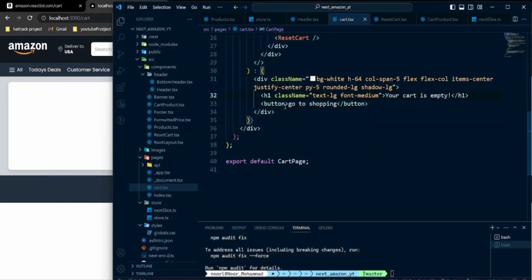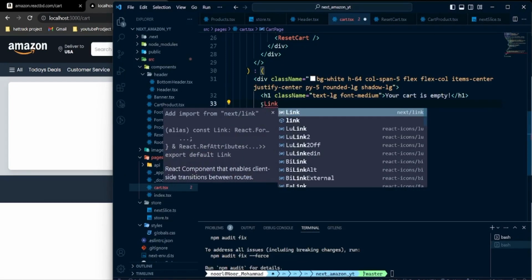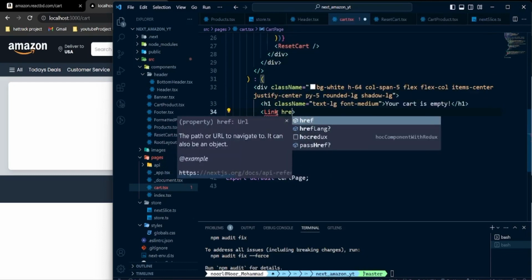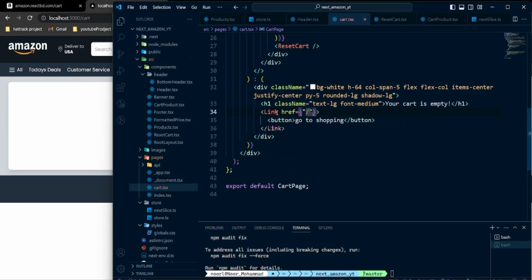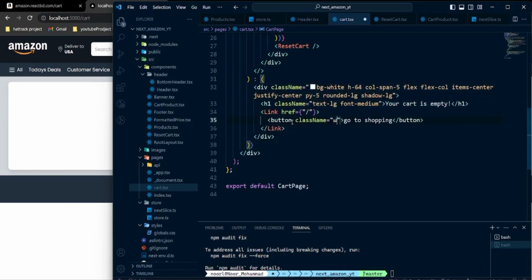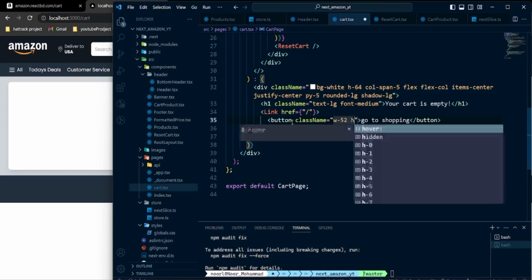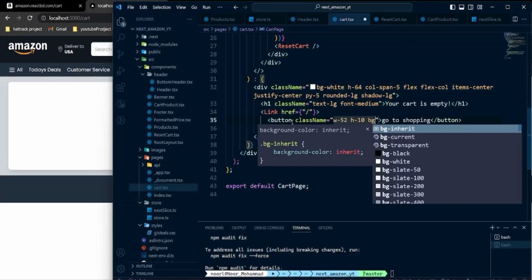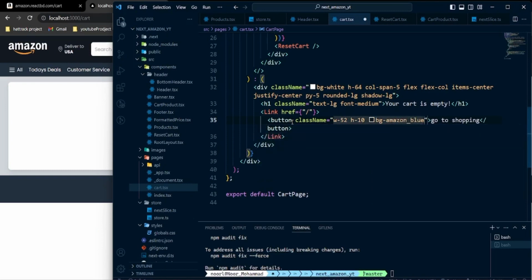So that's the text, and Go Back to Shopping, we're just going to wrap it inside a Link object, and it's going to take its href. It's going to take us to the home. And also for that one, we're going to give it width 52, height of 10, background Amazon blue, text white,